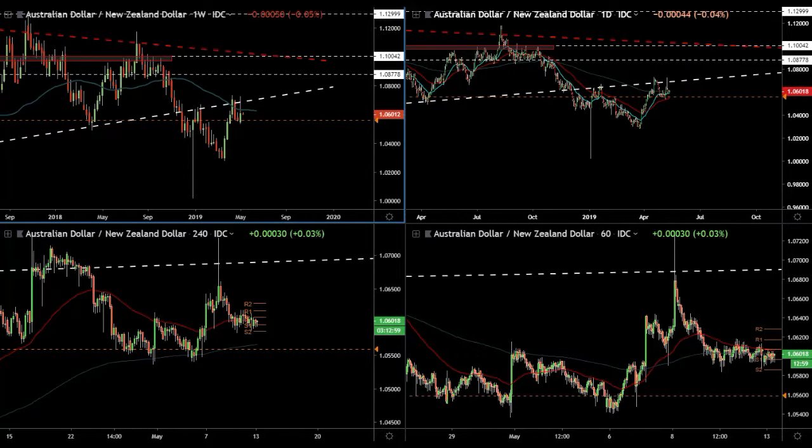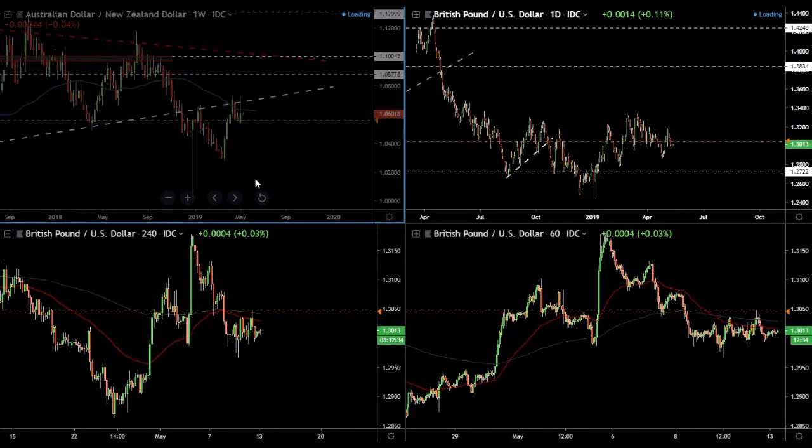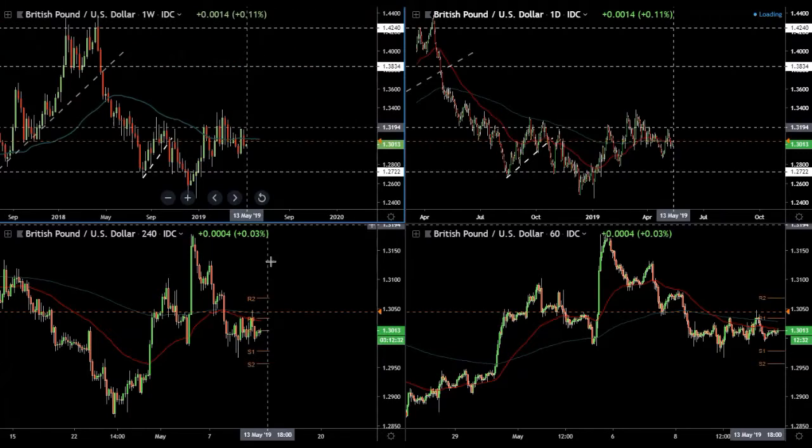Tuesday, however, we have the average earnings index from the UK. It's expected to decline, so previous 3.5%, current 3.4%, and if we get a reading that's holding the 3.4 or at least above the 3, alongside the unemployment rate, which is 3.9, we could see some pound strength. For this reason, I chose the obvious pound dollar. Not too much of a fan of the dollar right now to trade it, but it could work out